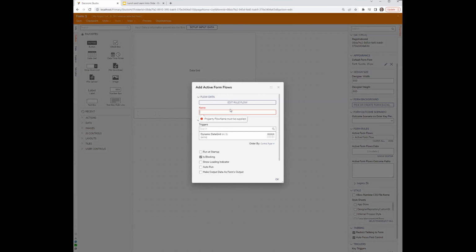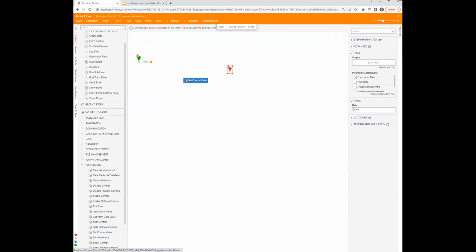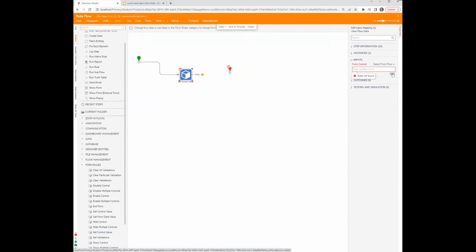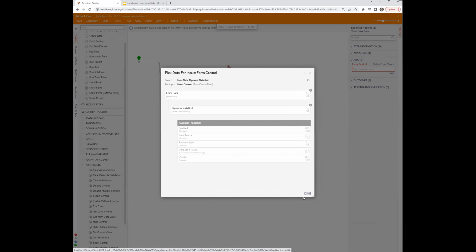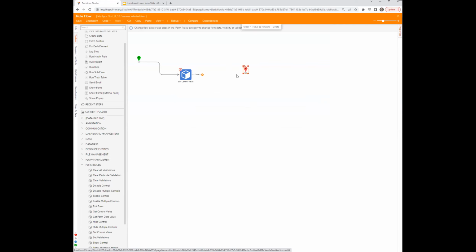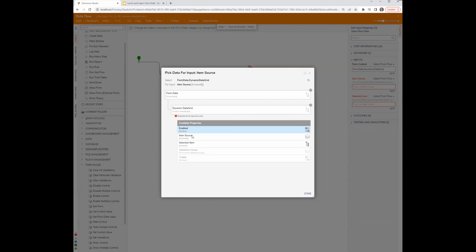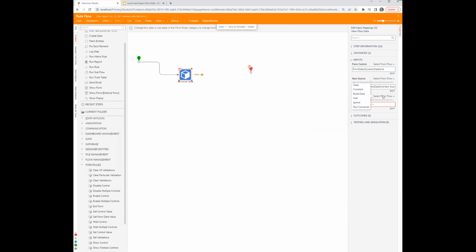So if I add an active form flow called remove selected, and what happens? So I'm going to find form rule, set control value, I think. And what happens if I select my data grid? Form data, dynamic data grid. Okay, it has selected item. So the item source is going to be form data, dynamic data grid, item source,